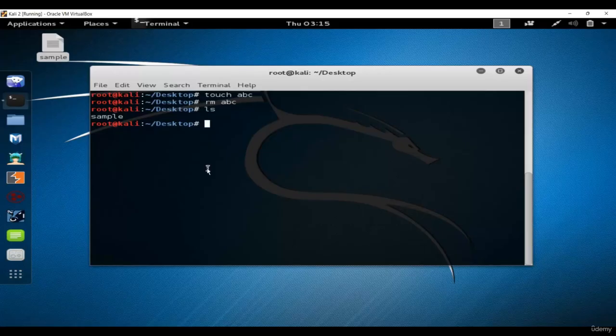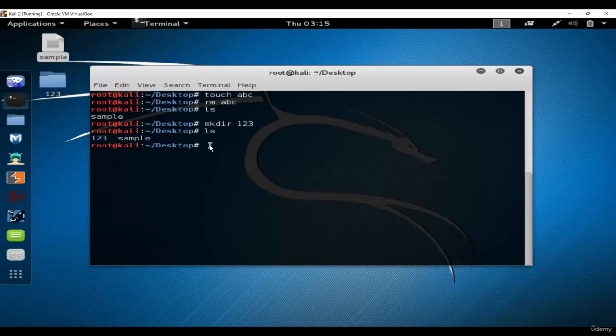Now our next command is mkdir. Mk stands for make and dir is your directory. Directory means your folder. So to create a folder in Linux, we will use the mkdir command followed by the name of the folder. Let's say folder 123. Hit enter and let's do ls. There it is, right? So the folder is in blue color and the file is in simple white text.